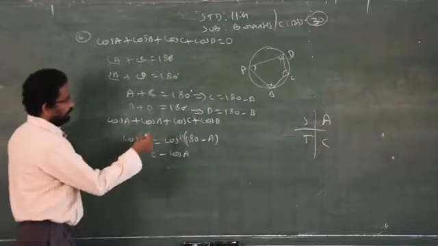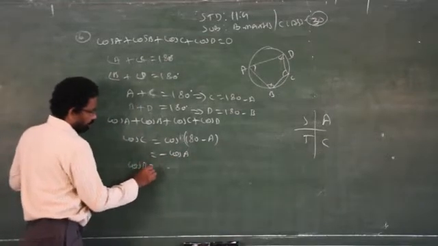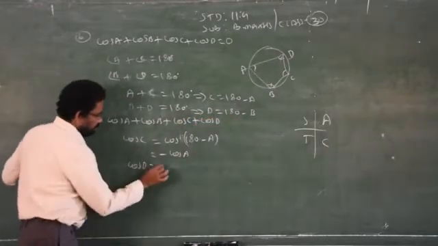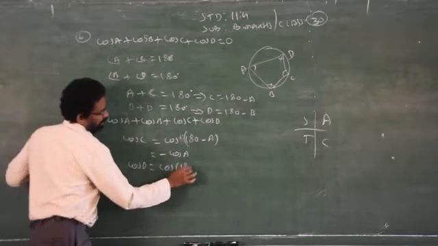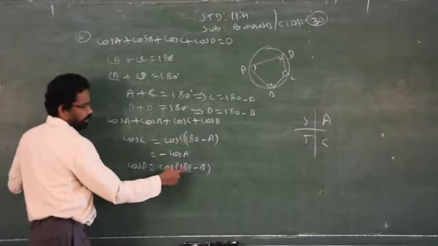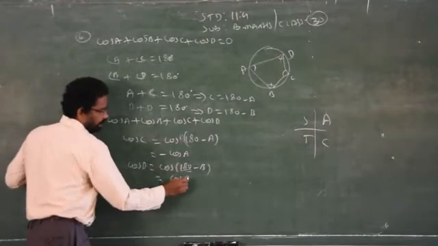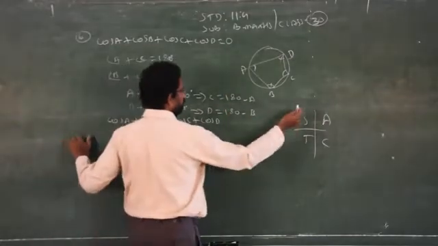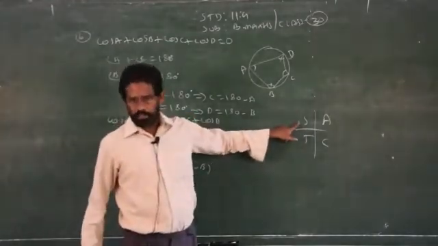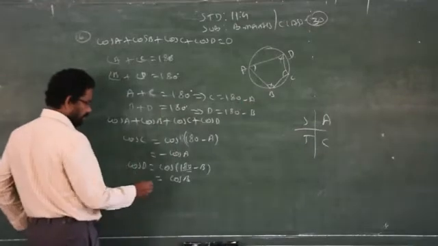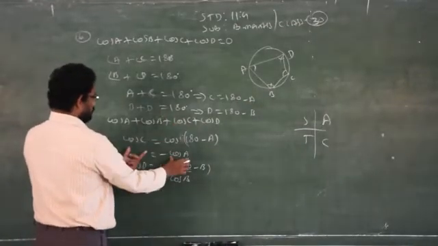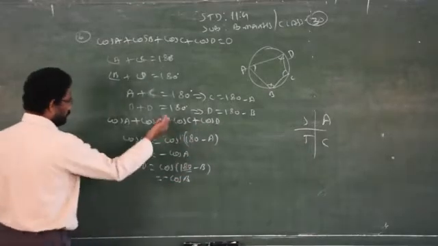Clear. Similarly, next one, cos D. When you take cos on both sides, you will get cos 180 minus B. Again, no change in the ratio because it is 180, so you have to write cos B as it is. Again, on which quadrant does it fall? Second quadrant. In the second quadrant, sine alone is positive, the remaining are negative, so minus cos B. You have to substitute cos C by minus cos A and cos D by minus cos B, and you will get the answer.